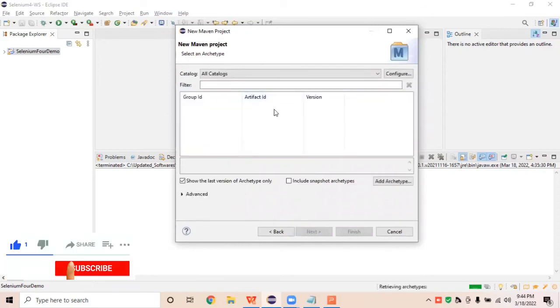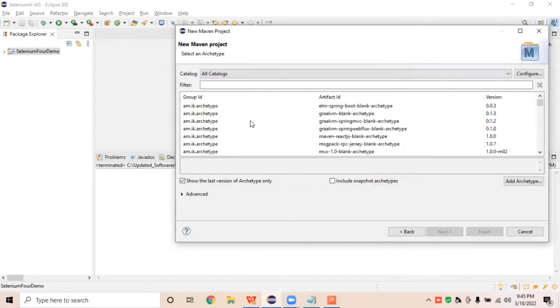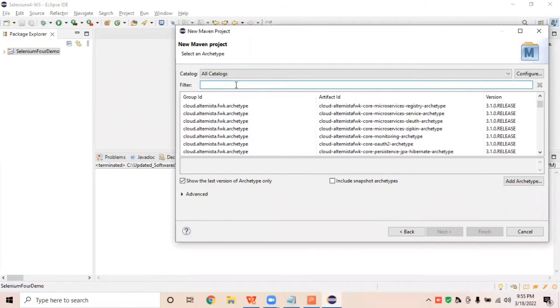Here we'll get some artifact IDs, and archetypes and all these things get loaded. It will take some time depending on your internet configuration. Then we are required to select an archetype. On some versions of Eclipse it will get automatically selected here, or if it is not selected yet, you just need to type here, like Maven slash